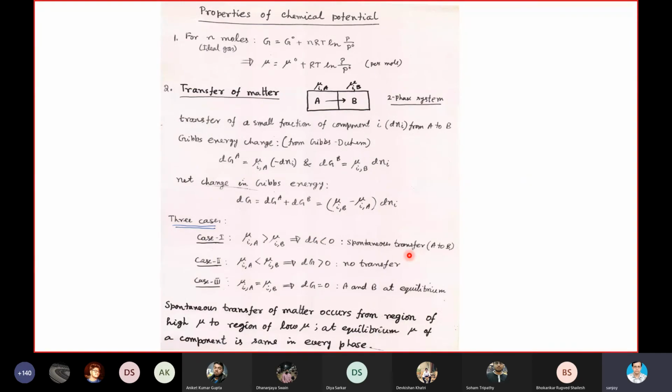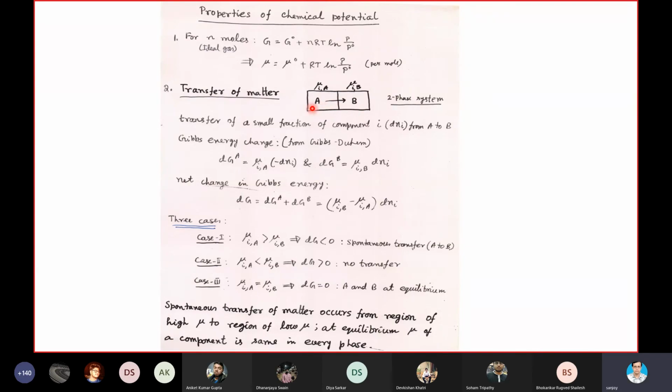If the reverse is the case, suppose the chemical potential of the destination phase is greater than that of the starting phase, phase A, then DG becomes positive. Mu IB is now greater. So that means DG becomes positive, greater than 0. So we know if DG is greater than 0, that is a non-spontaneous process. That cannot be spontaneous under that condition. So there will be no transfer of matter